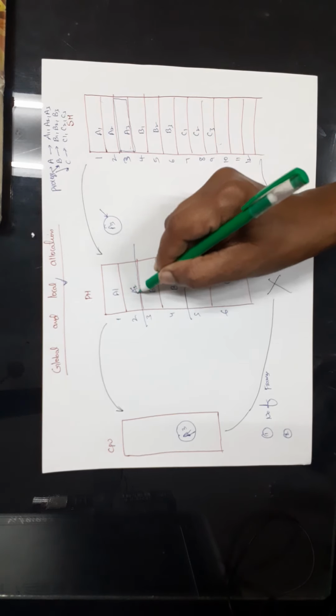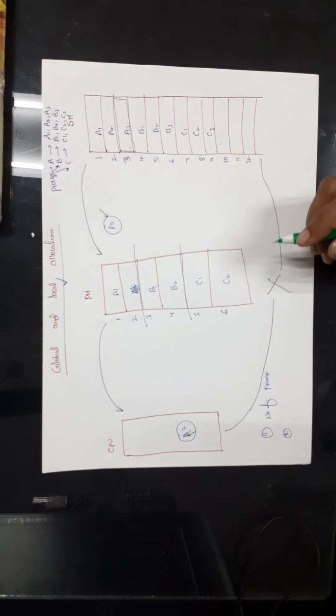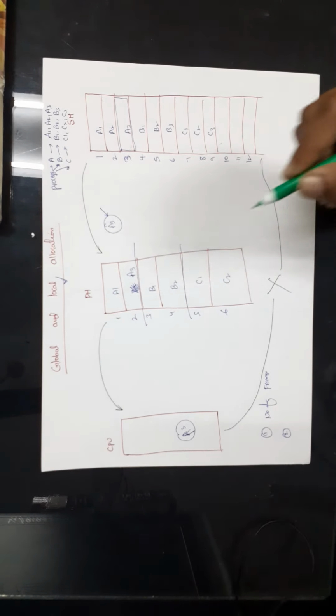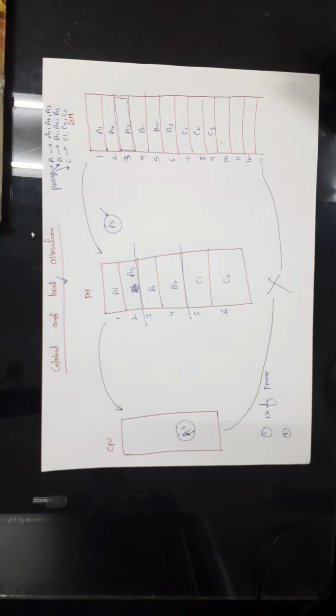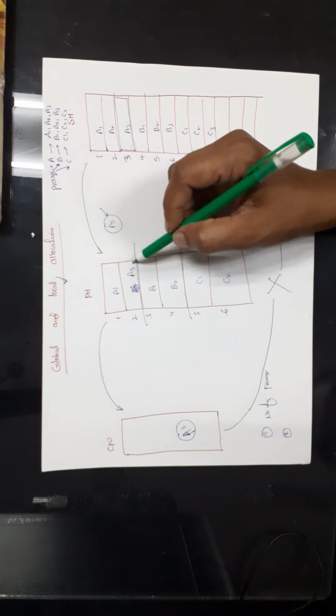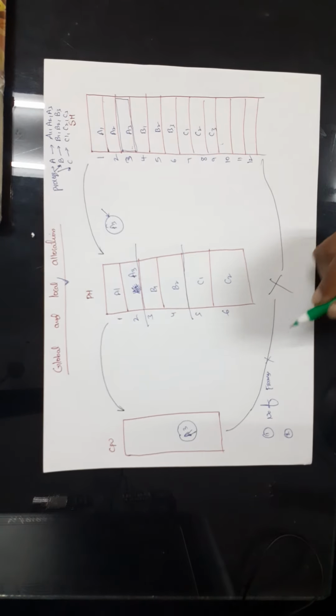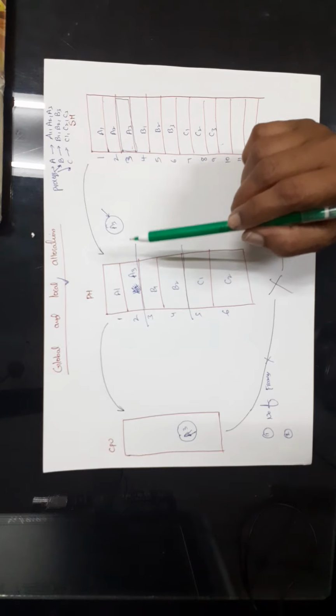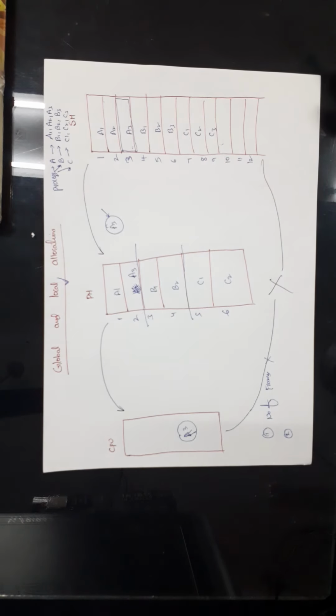So let us assume that by using a page replacement algorithm I have chosen A2 as the victim frame. Now memory allocated for A2 will be deallocated and memory will be allocated for A3. So now if you observe, the number of frames allocated for a process will not change. Okay, so this is about local allocation.